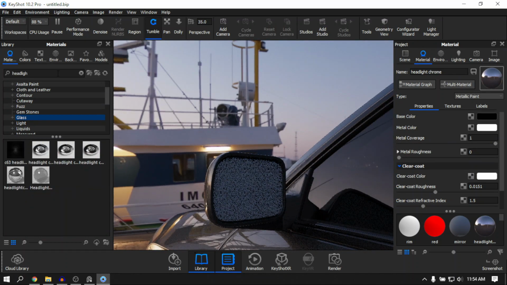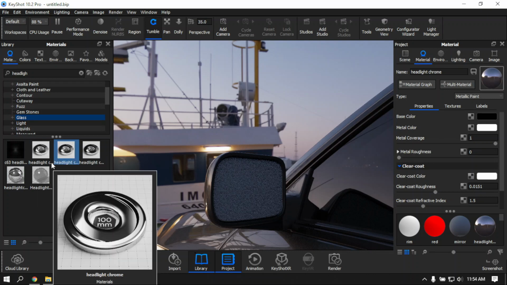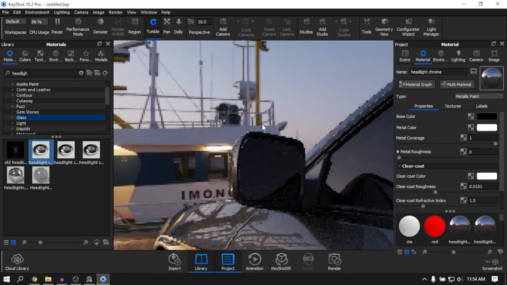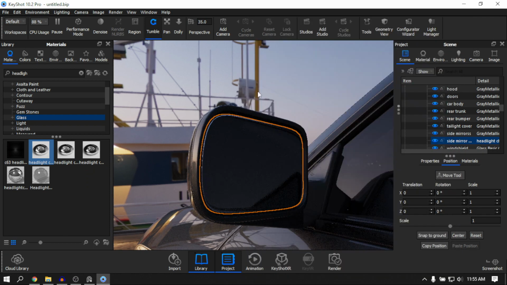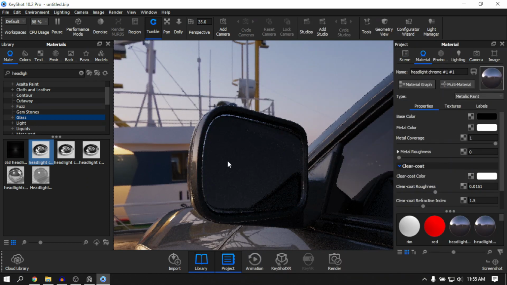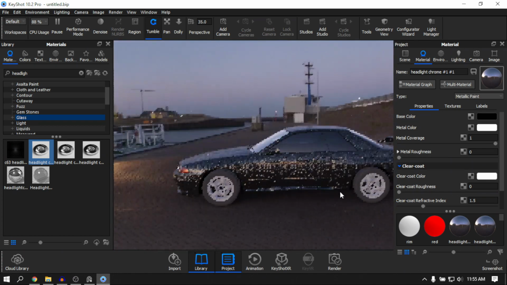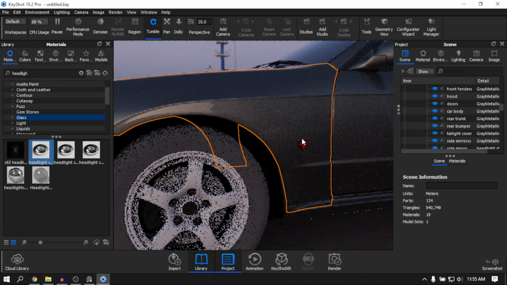our headlight chrome material. You can see that I have many different headlight chrome materials, and that's because I've tried recording this tutorial many times. And yeah, so we're just gonna drag this material to our side mirrors, double click on it, or before that we are going to unlink it so that it doesn't change the properties of the chrome up front. And we are going to slide down the roughness of it, right? So now with that out of the way, the next thing is that we are going to